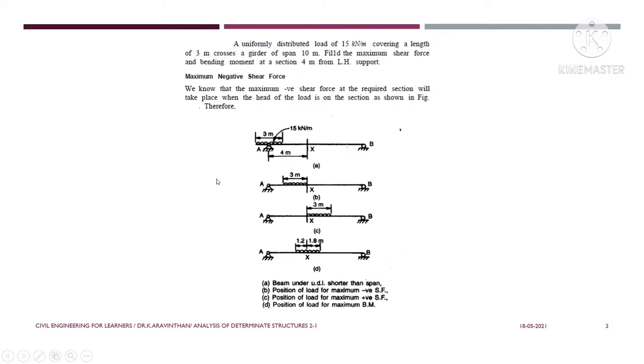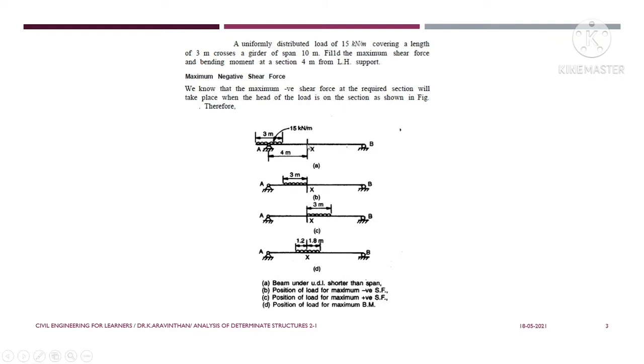Now we are going to apply those concepts, and also the bending moment and shear force. If the load is at this point, we can identify the maximum positive and negative shear, and what happens if this load moves towards the span, and what will be the maximum shear force in this girder. Due to the movement of this load, the shear force and bending moment change. That is why the term absolute maximum bending moment is used.